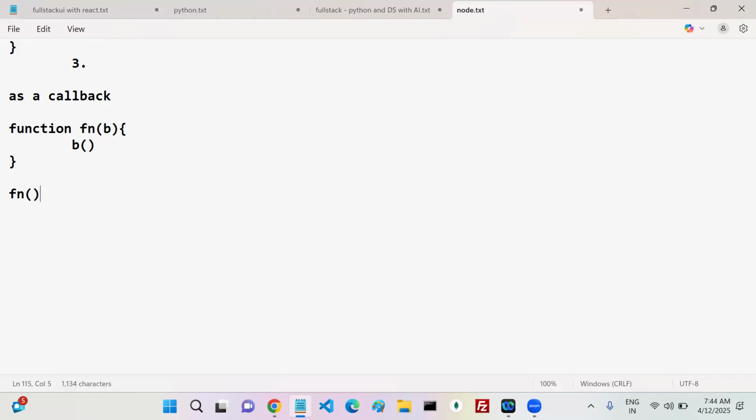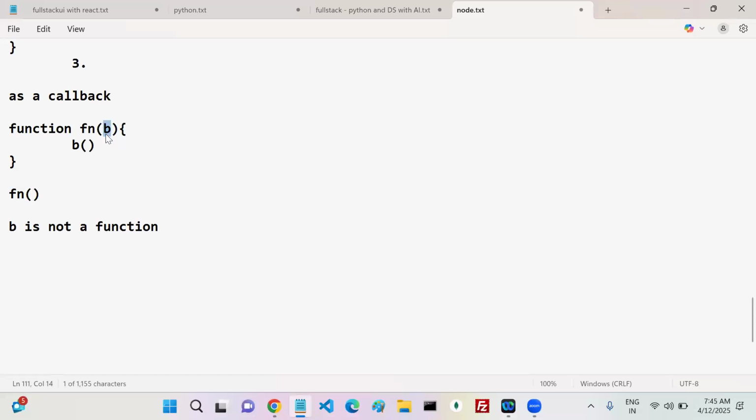If you write like this, what exactly is the error in JavaScript? B is not a function, right? Yes or no? You're calling fn, but you're not passing any data. What is the default value of B?